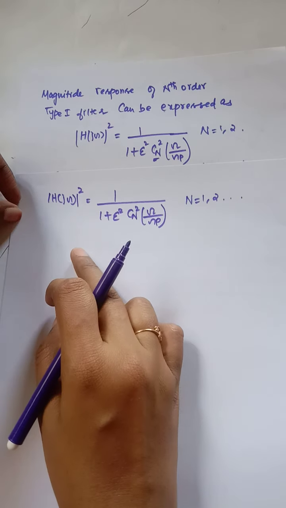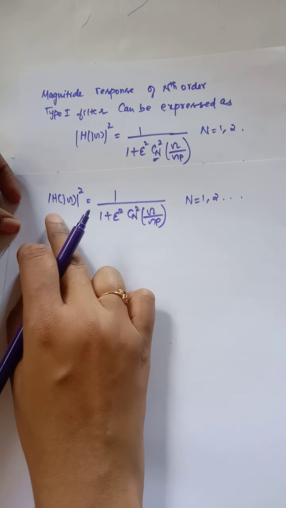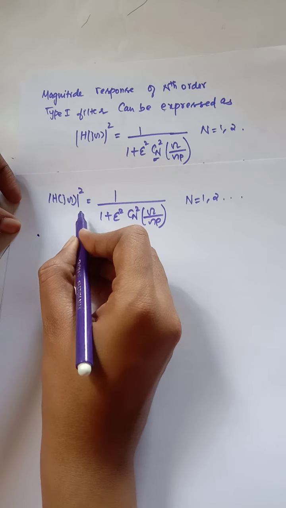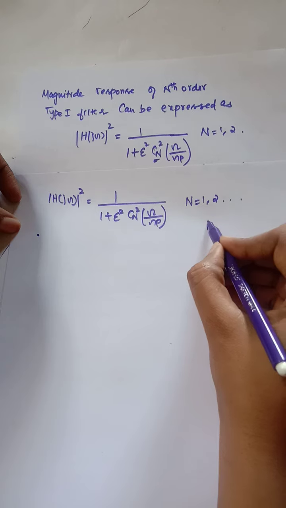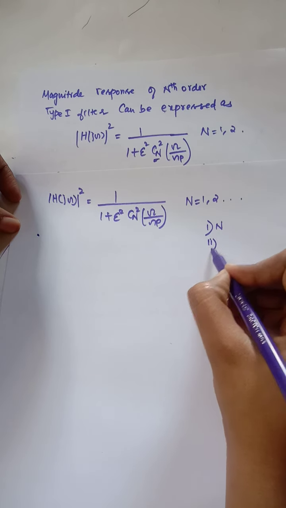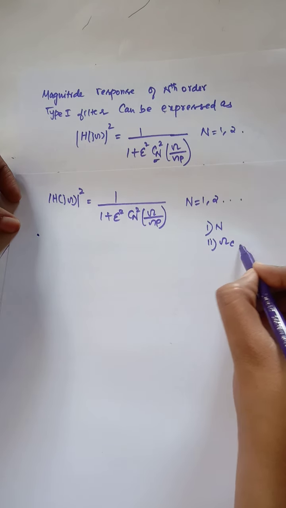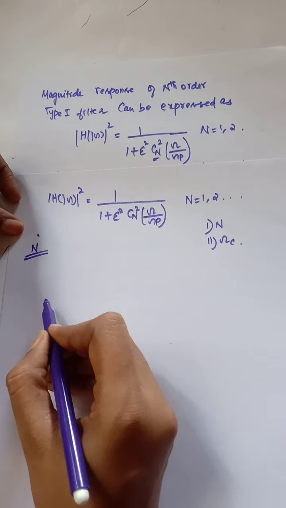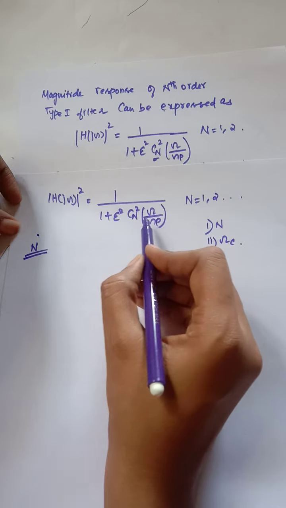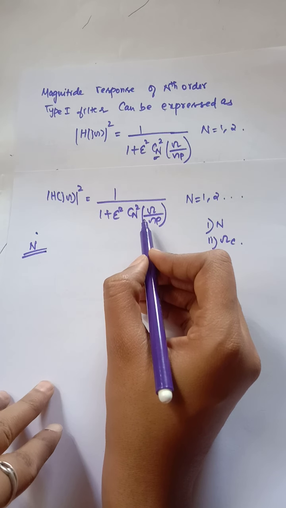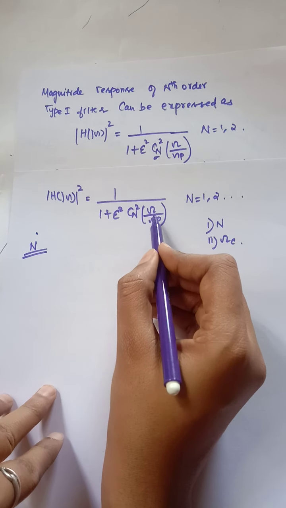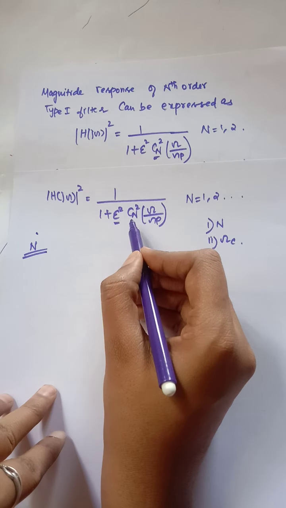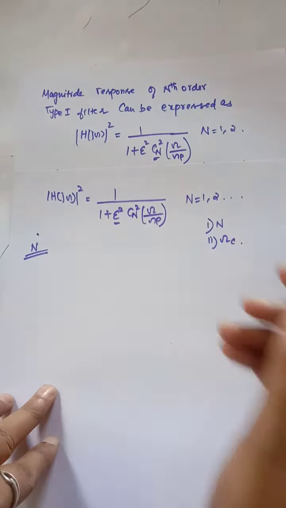Okay, the same procedure we are going to do here. Here I am going to consider this equation. First thing is what we did there, we found the formula for the order of the filter, then we found the cutoff frequency there. Here what we are going to find is the order of the filter. So here, to find the order of the filter, we are going to first find the value for epsilon from this, then we are going to find the order of the filter.